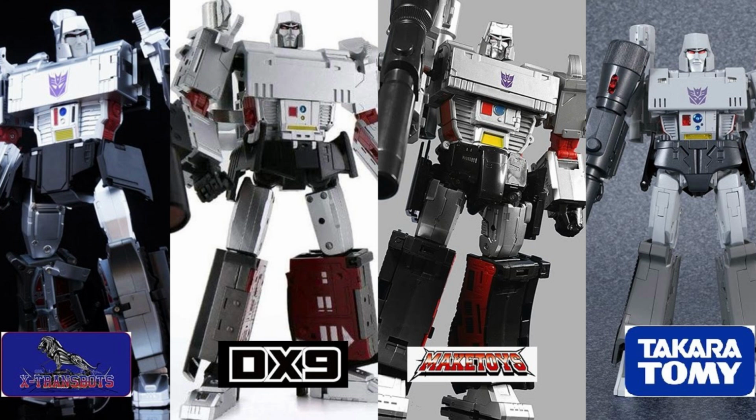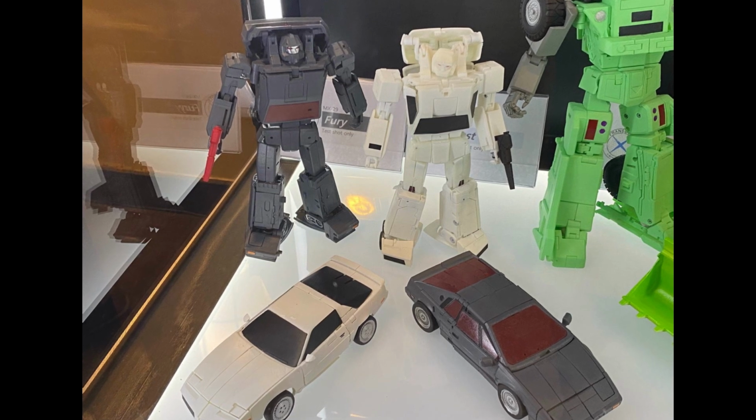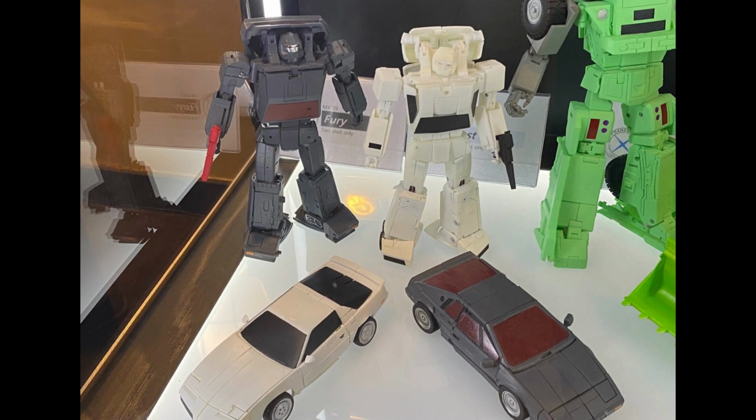Maybe you want to see more competition, but MP36 dead stopped Masterpiece Megatrons, and Magic Square could have made one, could have been successful. That would have sold to fringe collectors also. Don't know why they don't. These fringe collectors that are just in it for some big names aren't going to be helping the sales numbers